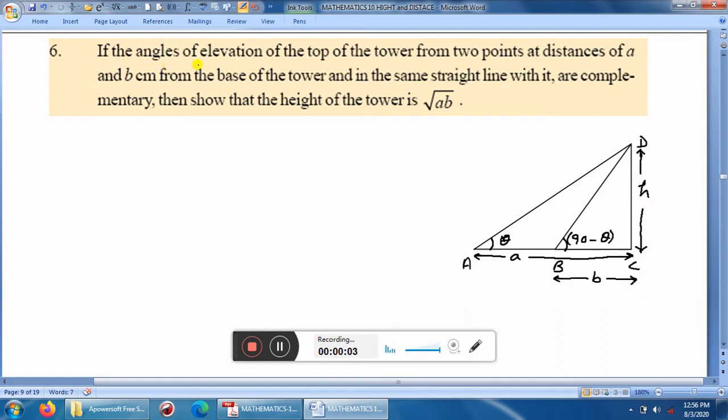Question number 6. If the angle of elevation of top of the tower, at two points at a distance of A and B from the base of the tower. So it is your tower and base is here, that is the C point, and the distance of A and B, it is the distance A and this one is B, from the base of the tower and in the same straight line, the angles are complementary. So one angle is theta, then second one is 90 minus theta. So what will happen in this? So you can see here,